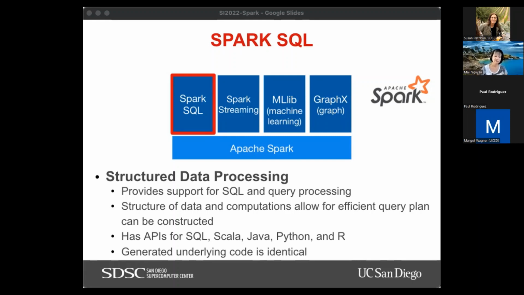If you use a filter operation in R or in Scala, under the covers, these operations are automatically processed and converted into operations on RDDs by the Spark engine, right? So everything under the covers is RDDs and operations on RDDs. And so that means that the underlying code that is generated, regardless of what programming language you use, is identical, right? So that's why, even though there's lots of different APIs, everything works the same way underneath.